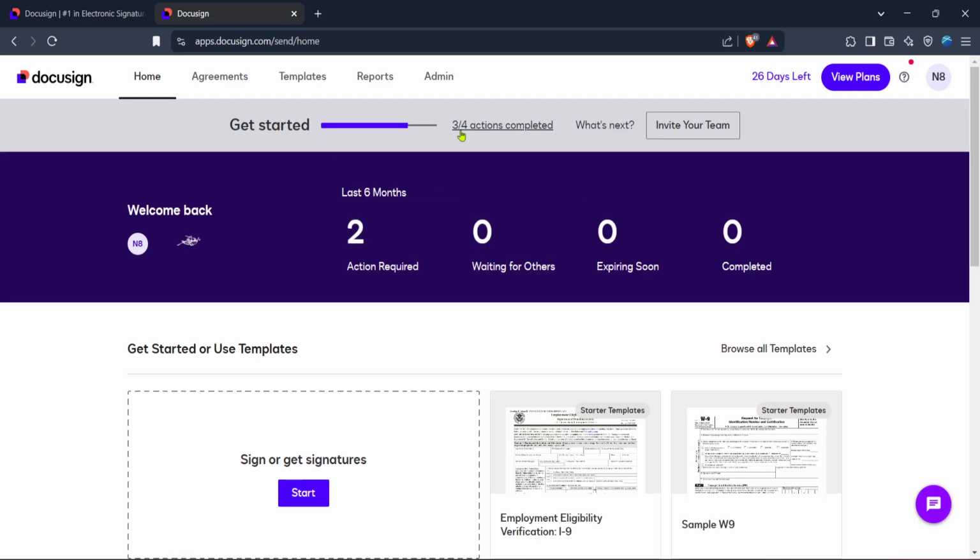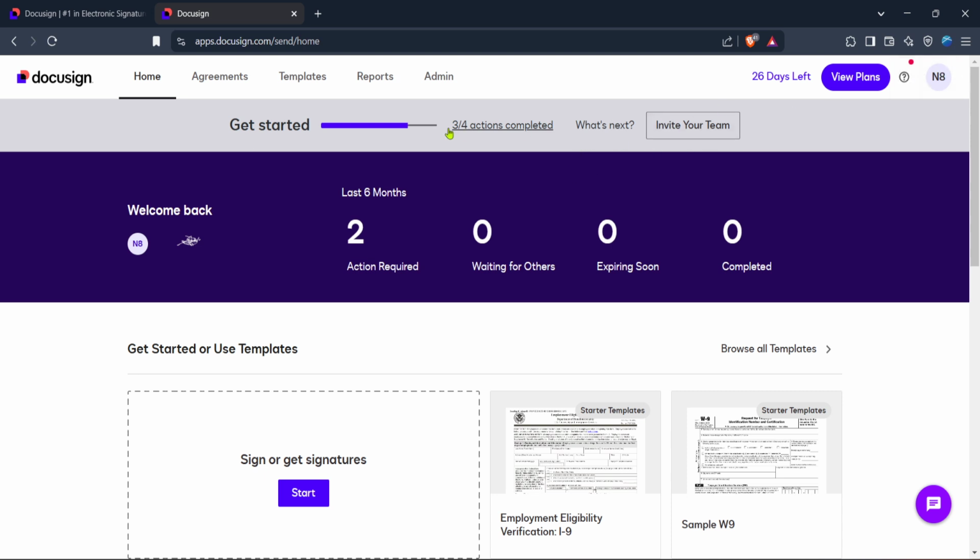This is the central hub for all the actions you can perform within DocuSign. It's designed to be user-friendly and accessible even if you're not particularly tech-savvy. Now that you're at the DocuSign home, the next thing to do is jump to the section entitled My Dashboard. You can find this under the tabs once you're logged in.